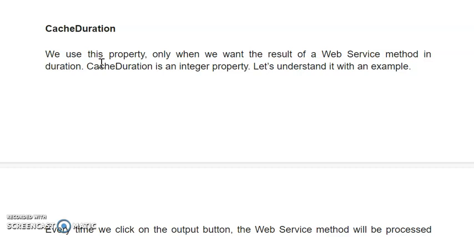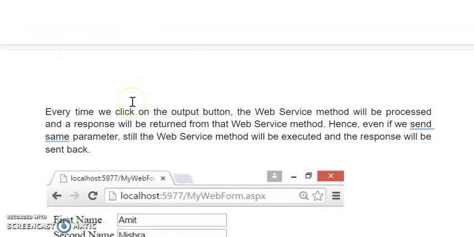So every time you are fetching the data unnecessarily if the data is the same. The best idea is that we can store that data with the help of this web service for some time. We will set a duration, for example 15 seconds or 20 seconds, during which this data will be held in the web browser, and after that duration the data may have changed. So we can re-click and get new data. Meanwhile we save the fetching time and network traffic, and performance is increased. So for that we use the concept of cache duration. It stores data temporarily, and we have to set the time.